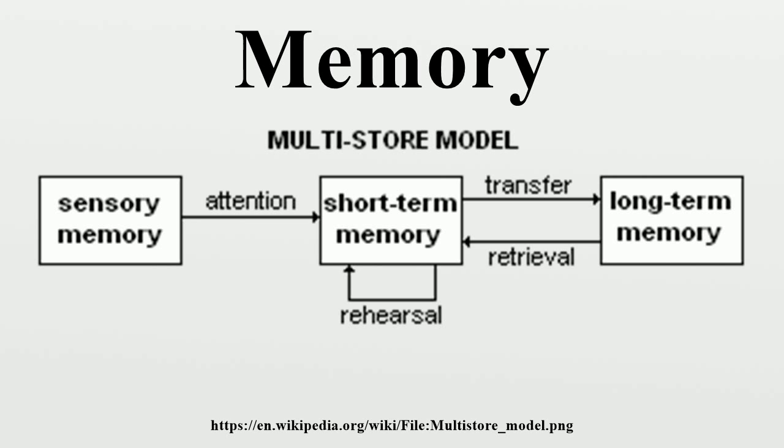The storage in sensory memory and short-term memory generally has a strictly limited capacity and duration, which means that information is not retained indefinitely. By contrast, long-term memory can store much larger quantities of information for potentially unlimited duration. Its capacity is immeasurable. For example, given a random 7-digit number, we may remember it for only a few seconds before forgetting, suggesting it was stored in our short-term memory.